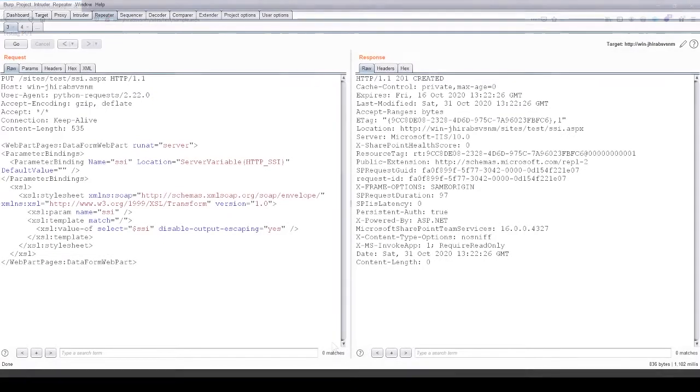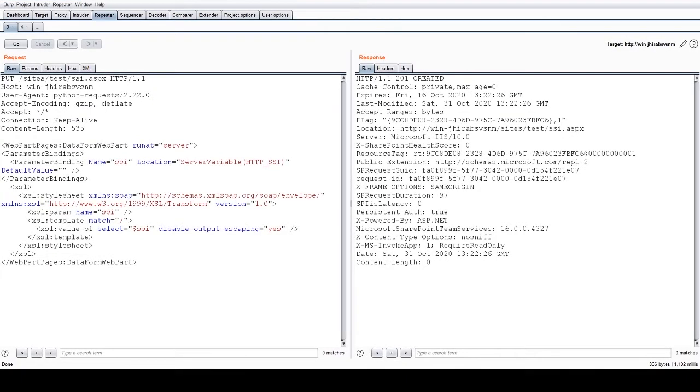At this point, you might have thought, why don't I upload a reverse shell and get access to the system? Uploading is possible, but the backend system validates all the file content and won't allow any malicious content to be executed. So next, I am going to exploit the server-side include vulnerability and fetch the internal web.config file into a file called ssi.aspx.